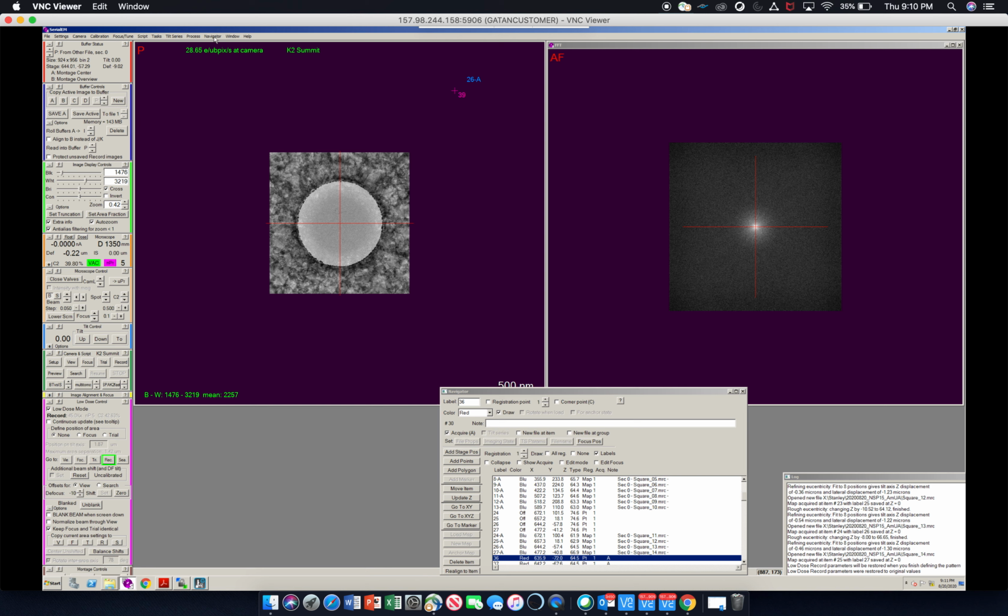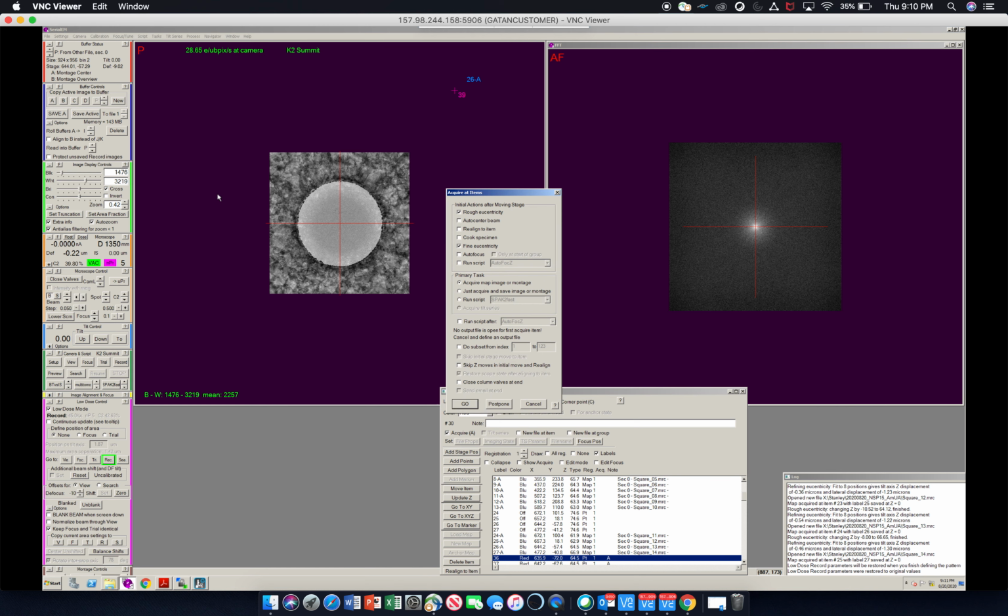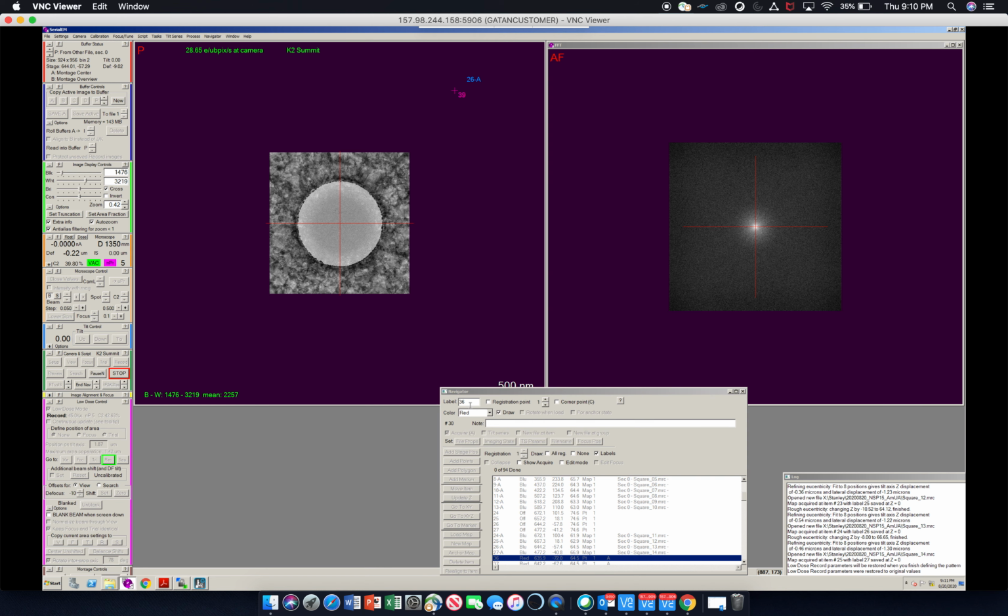So to do that, we will go to Navigator, Acquire Items, and we will turn off Rough and Fine Eccentricity, and we will run our script, which is called SPAC2Fast, and we will tell it to close our column valves when the program is done running. So we'll say go,